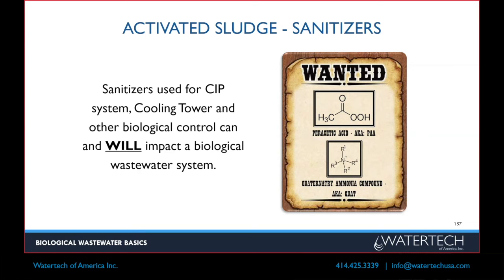I've seen more issues with quaternary ammonias. Peracetic acid, you can actually use SBS, sodium bisulfite, to neutralize it. So from what I've seen, it's a little bit easier to control. It'll still give you issues, but there are a lot of different quaternary ammonia compounds. There are products that neutralize it, but I've seen a lot more problems with quats than I have with peracetic